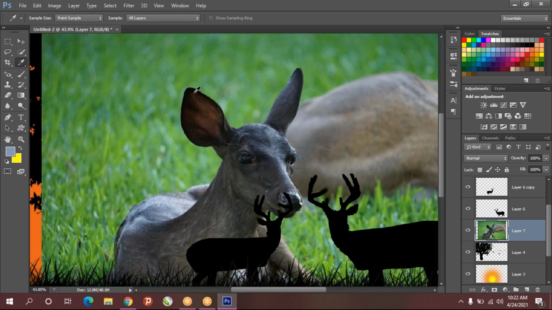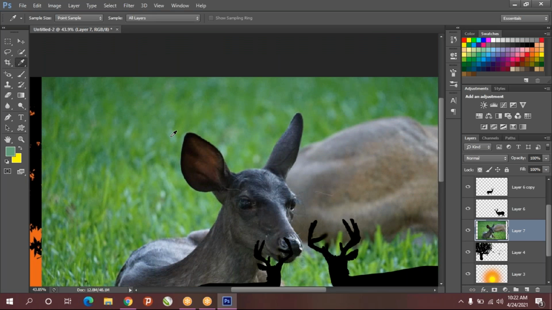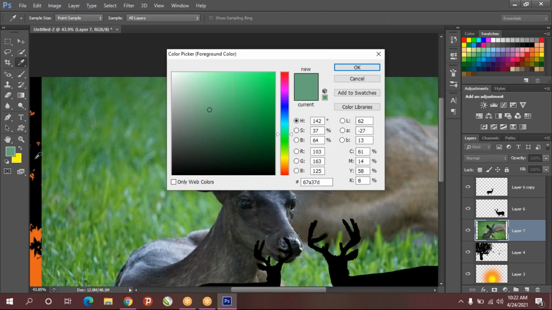Suppose when you're doing work in some image, some color you may have liked. So that color, if you want from that image, you bring it to Photoshop, just click on that color, so automatically you'll get the color. And again click on the color, you can write down the color codes. RGB, red is how much, green is how much, blue is how much. So you can write down these color codes and even the CMYK color code also, and whenever you want you can use that.